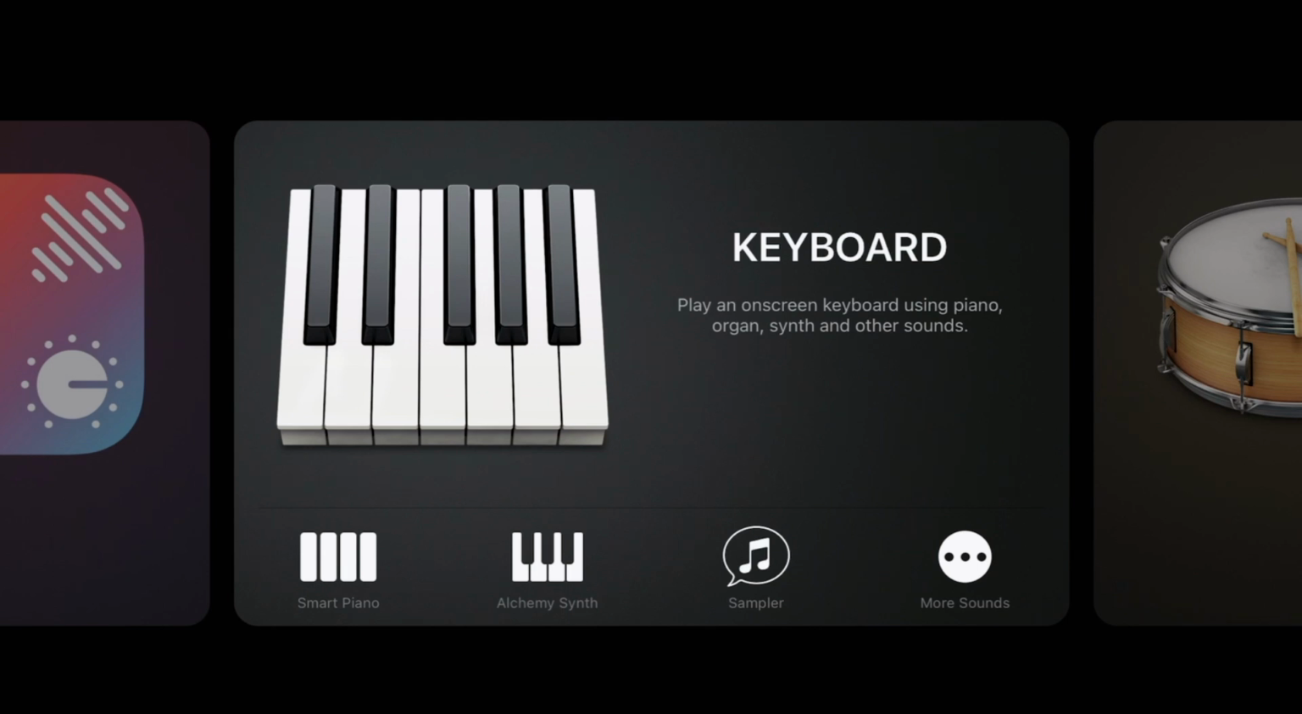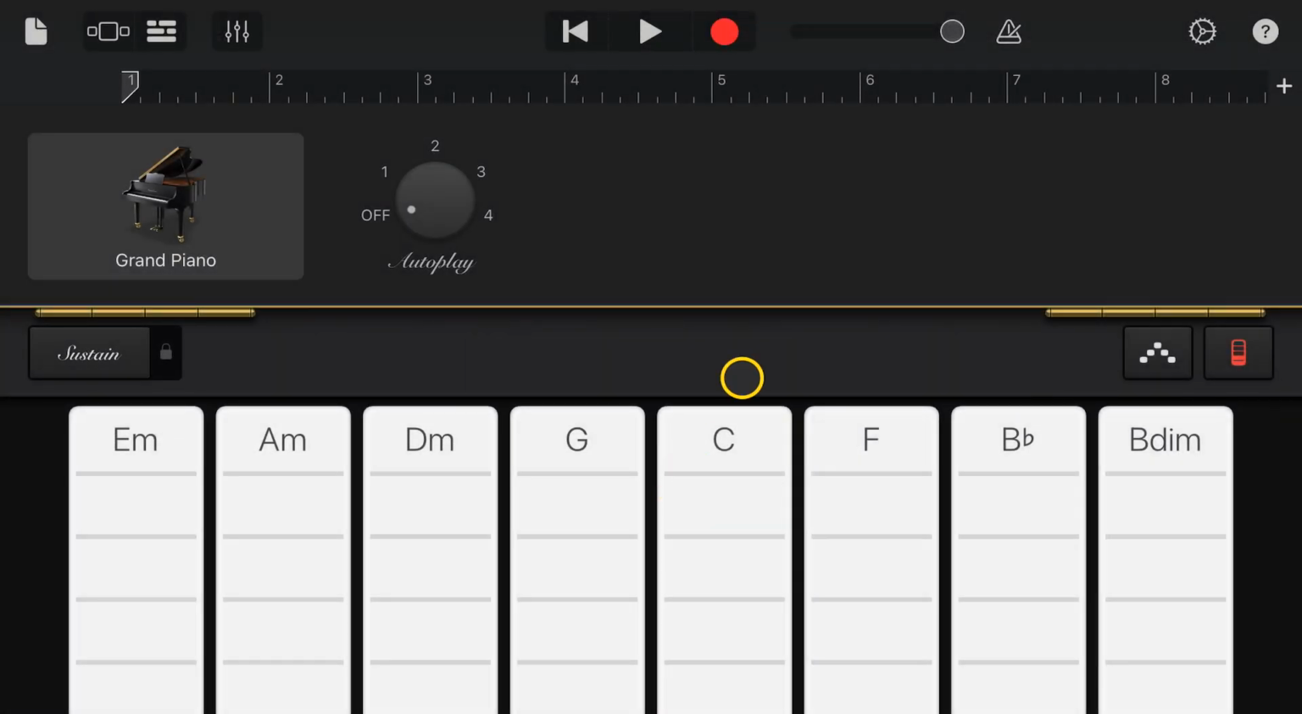So this is your ultimate guide to how to play the keyboard in GarageBand for iPad. First of all, what we need to do is navigate to the home screen and find our way to keyboard. Tapping on there will allow you to get into the view here, and you'll see there are different